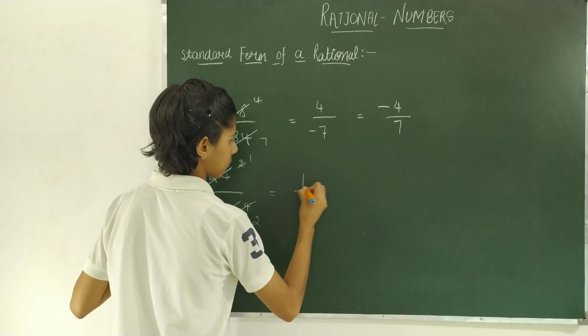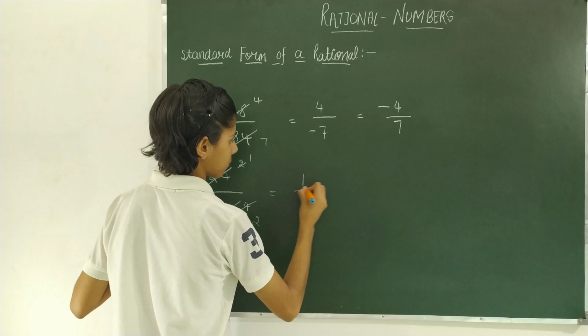So now we have discussed the number line, and now we will discuss some properties related to the addition of rational numbers. The first property is closure property. If we have any rational number, for example a by b, and we add it with another rational number c by d, and we get the answer e by f, the answer will also be a rational number. Means if we add any two rational numbers, the answer will also be a rational number.